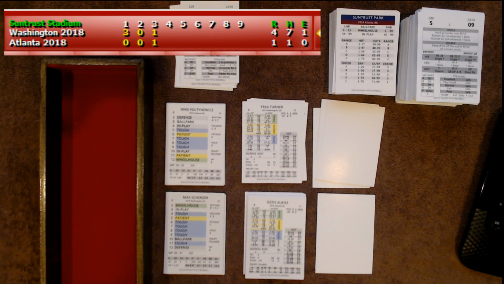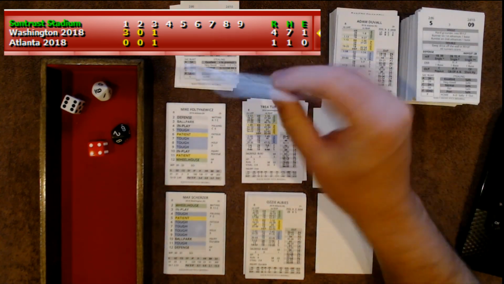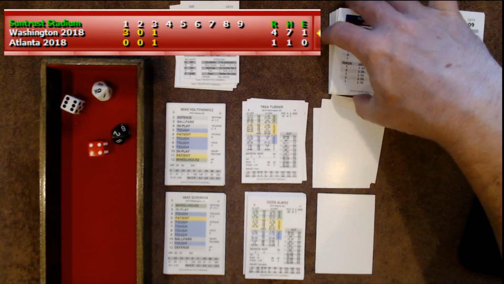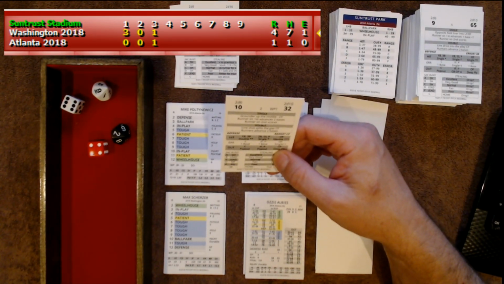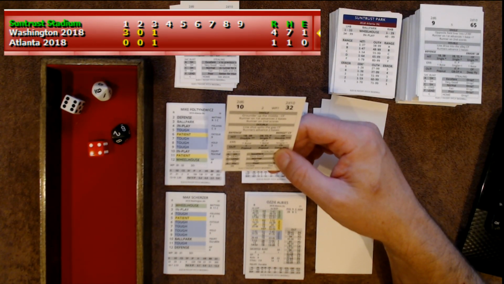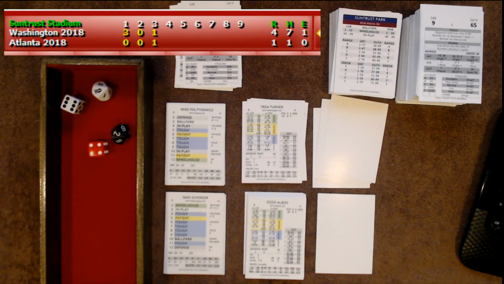Come on, let's get Trea Turner out, please. That is a 10 in play, 29. That's going to hurt. That's going to be a single. You're killing me, guys. Oh, that's the wrong card. I want one of the fast action cards. So single is a grounder up the middle to center field. Runner on first advances 2 bases. Runner on second scores. So 2 more RBIs on the single.